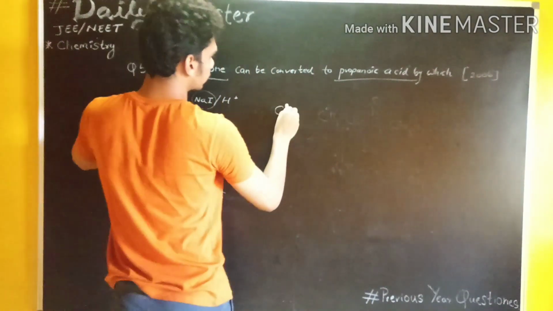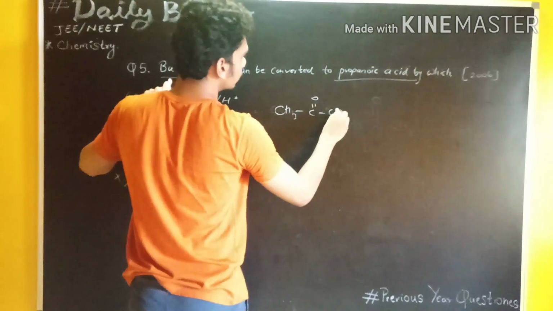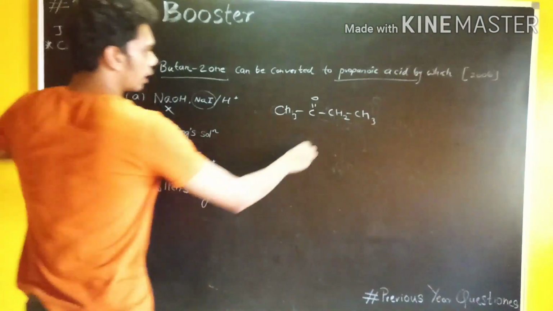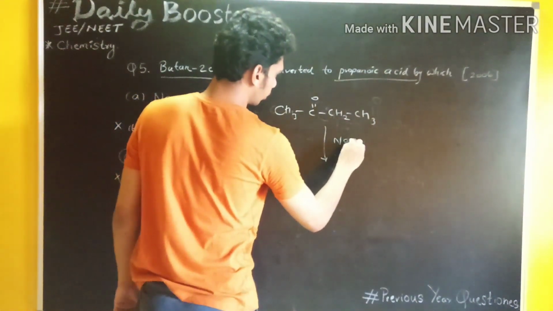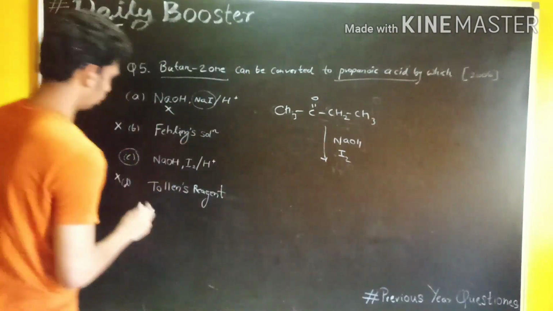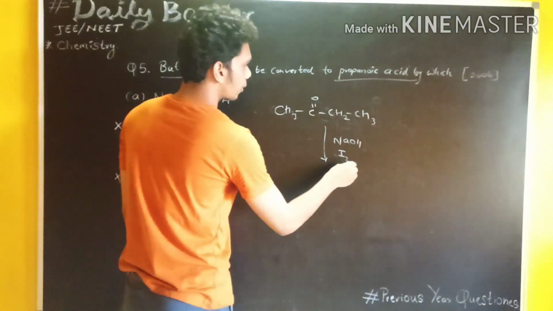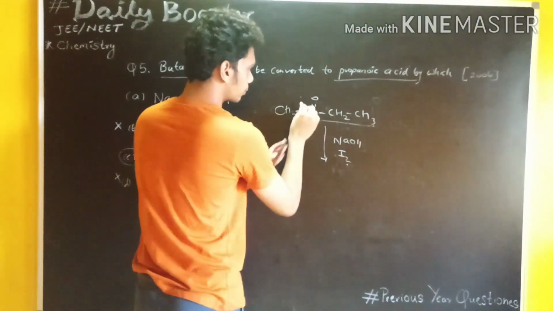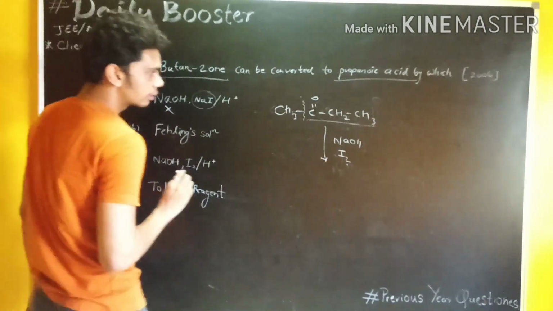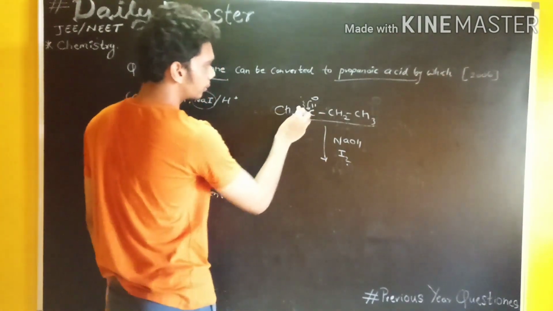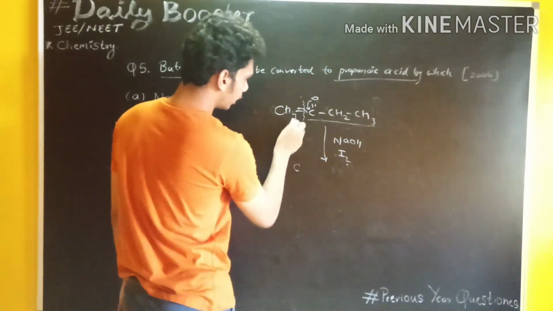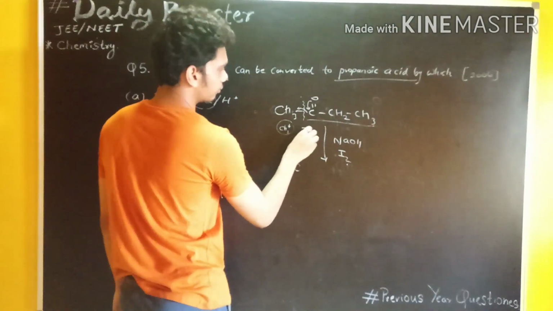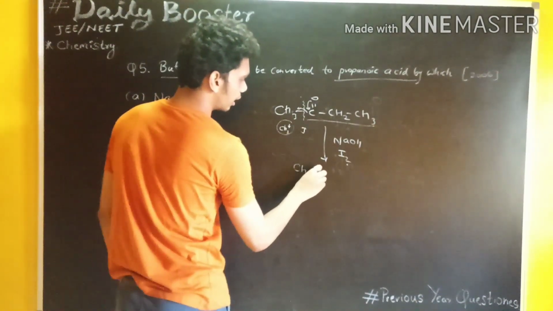Suppose this is your butan-2-one, CH3, C double bond O, CH2, CH3. When I add NaOH and I2, I'm talking about option C now, what will be the formation? This part is going to remain as it is, because this bond will be breaking here, this shifts here, and this will act as the leaving group over here. So this CH3 plus and I will form a bond. So there is a formation of CH3I along with